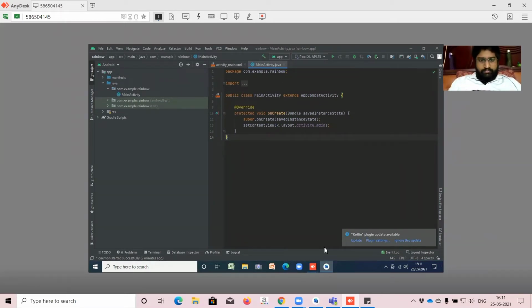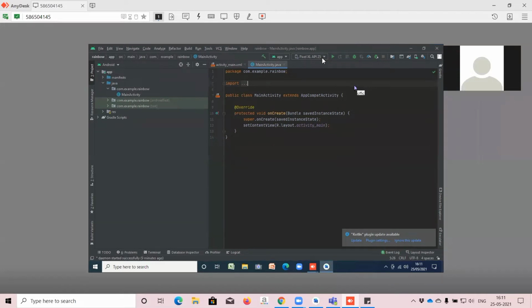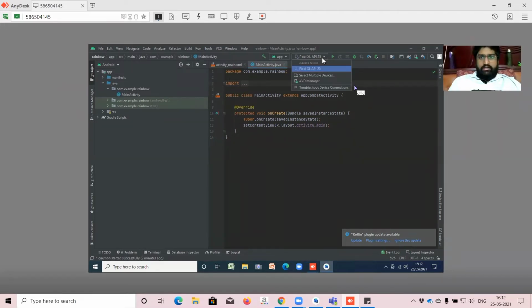Oh, okay. Even your thing is completed. Just give me a minute. Even yours is completed. Just let's check whether it is connected or not. Have you connected your mobile? No, no, don't do anything. Have you connected your mobile? Is it connected? Yes. Okay. Are you in developer option now? If it is the case, sure it will work. I'm very sure it will show your device. I think you are not in developer option. So let me tell you again that.